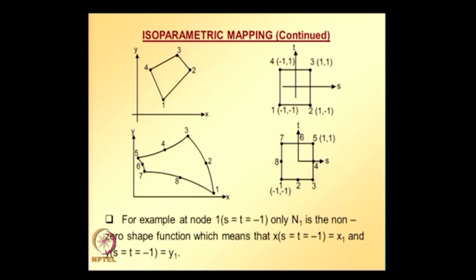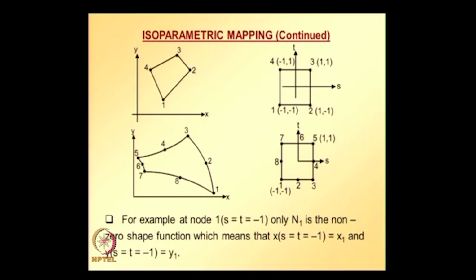And if you take node 1 in any of these elements, node 1 corresponds to s is equal to -1, t is equal to -1, and at node 1 only N1 is a non-zero shape function,